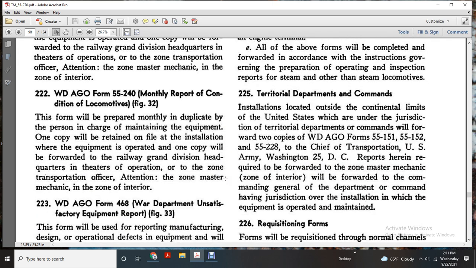225 In territorial, the department commands installation located outside the continental limits for the United States, which under the jurisdiction temporary territorial, the department's commands forwarded 2 copies of the WDAG Form 55-151, 152, and 55-228. Chief Transportation of the U.S. Army, Washington 25, D.C. Ports here and required by the forward with the Zone Master Mechanic Zone and Chief of